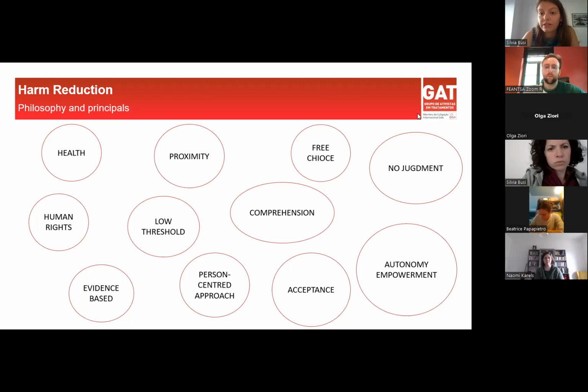Also, as a lot of you said, we work with no judgment. When people come to our service and they have a drug use or they're doing another risky behavior, they know that it is risky. They know that it is dangerous. A lot of people already told them that they should not use drugs, family, friends, other services. They know it. They don't need us to repeat it. They don't need us to say that drugs are bad. They know it. And if we do it, we just make them